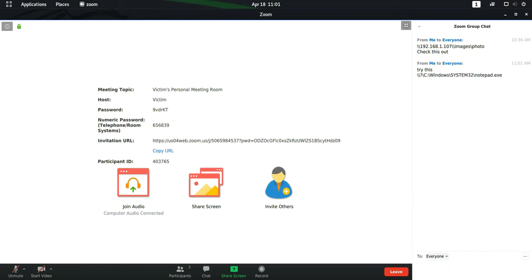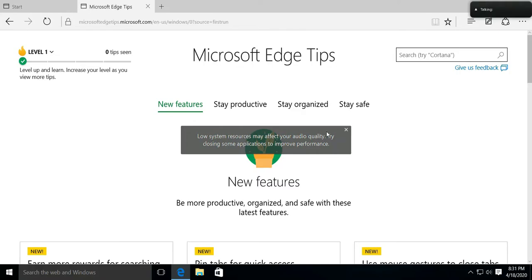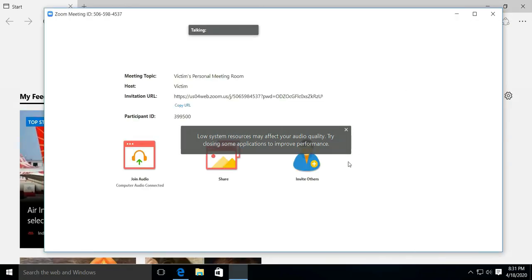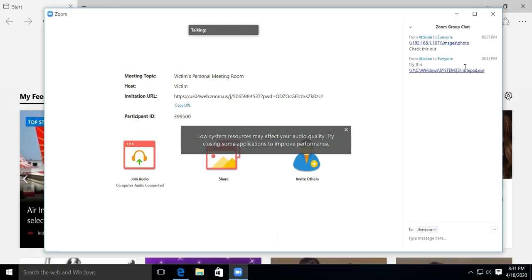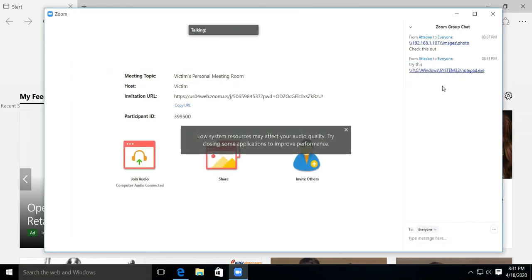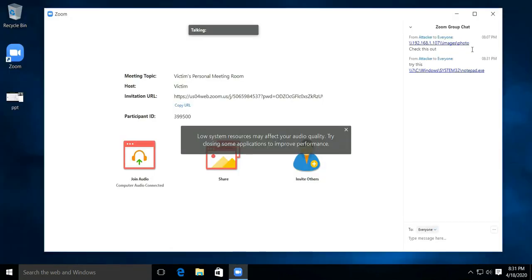Now going on to the victim side. Here he's going to click the link, and as you know, the Zoom client converts the UNC path to a hyperlink, and Notepad is going to open. Now this might sound childish, like it sounds more like a prank than an actual attack.